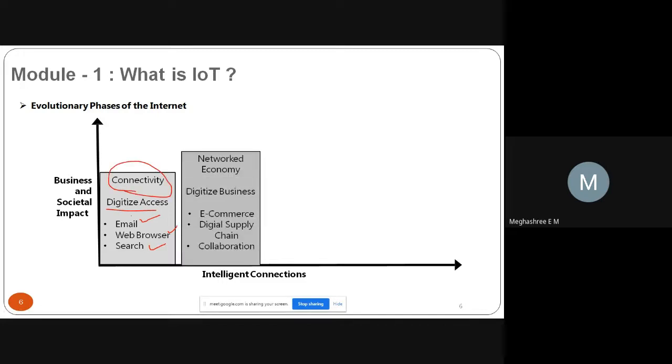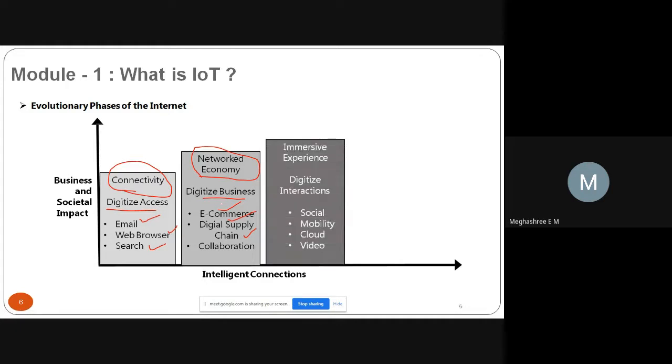Let's move to the second one. The second phase of internet is the networked economy. That means we digitize the business. No more conventional or traditional methods were followed to carry out the business. Like e-commerce came into the picture, and also digital supply chain and collaboration. So there is an advancement in the internet, isn't it? Here we were just accessing the information. Information was digitized. So here business was